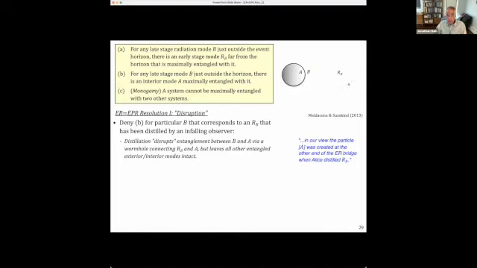So their concern is with an observer who falls towards the black hole, who distills RB, and then continues her journey, compares RB with B at the event horizon, determines that they're maximally entangled, and then falls through the event horizon, and then compares the result with A. Again, the concern is